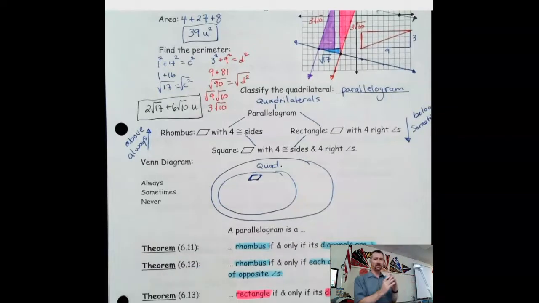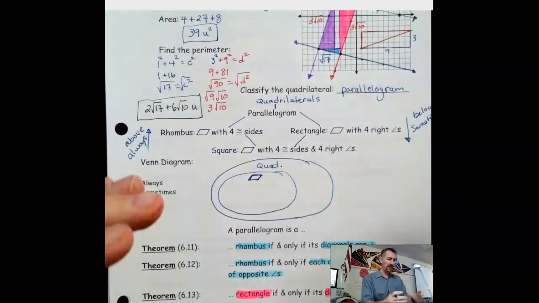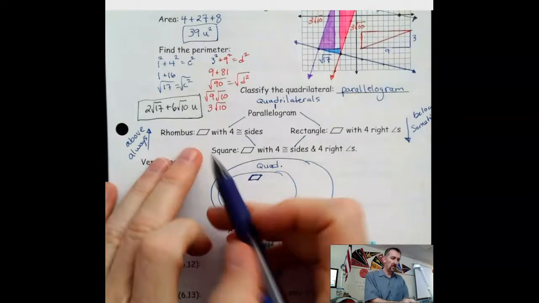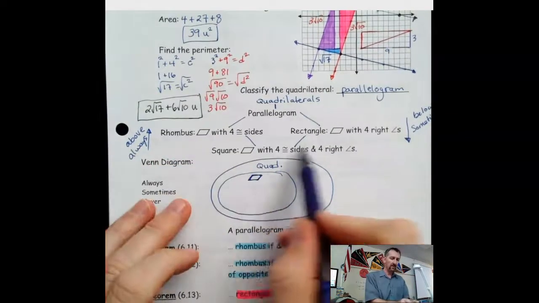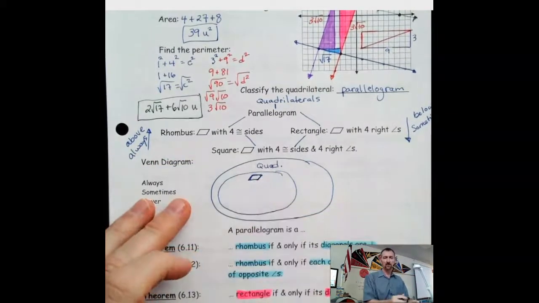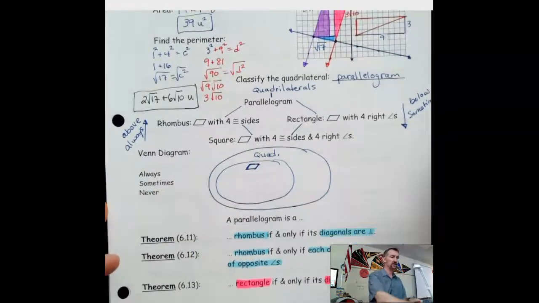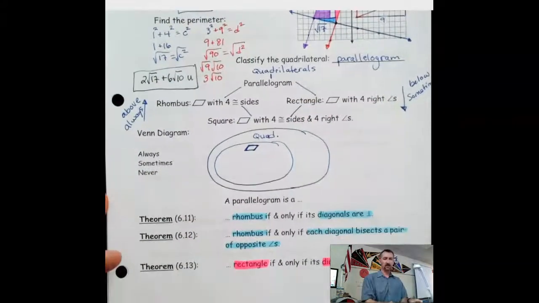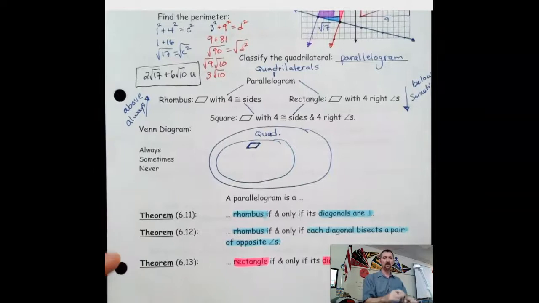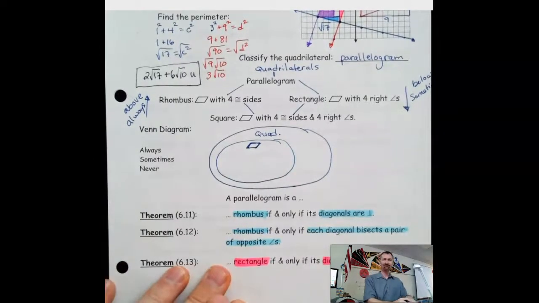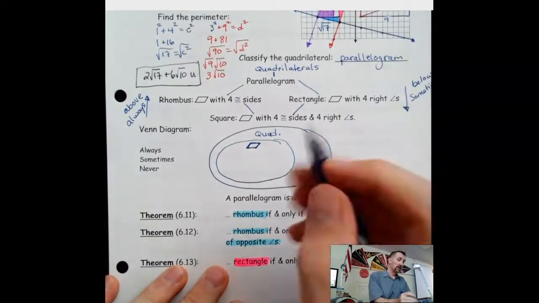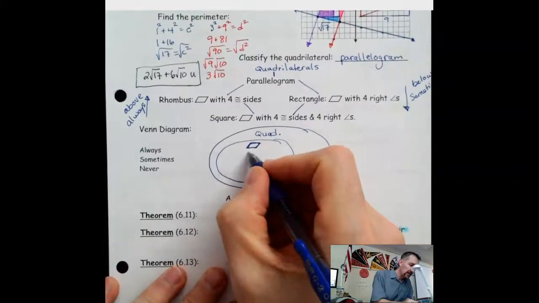But before I draw those, I need to think about something. And the thing I need to think about is that the rhombuses and the rectangles overlap with the squares. I probably should have let you think about that, try it out yourself, because you did have the family tree. So I probably should have said pause and draw your Venn diagram. Sorry about that. Okay, so over here,